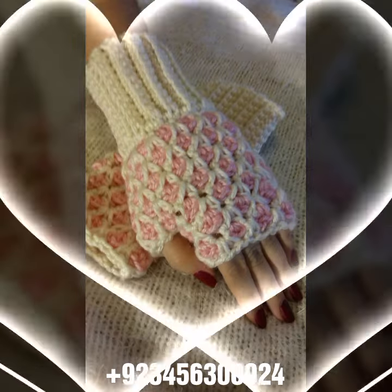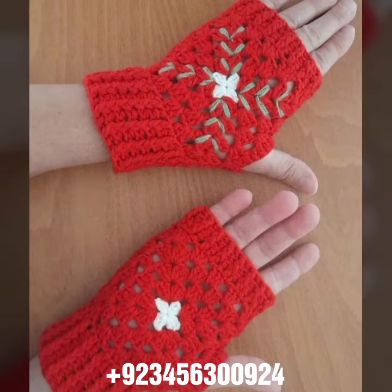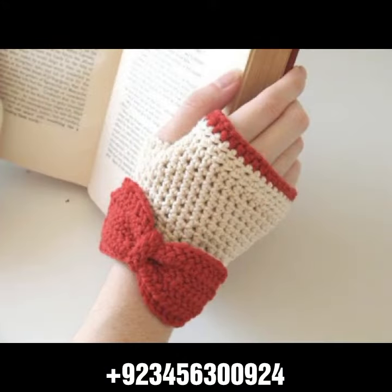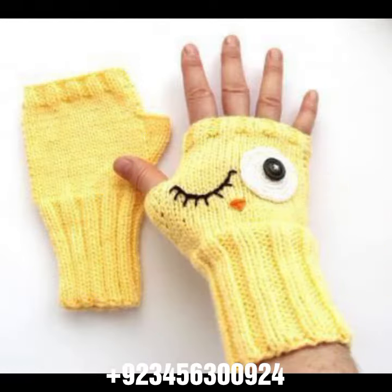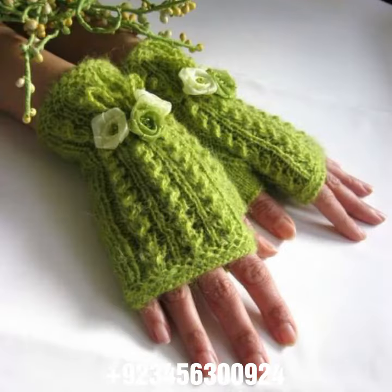We have designers, so you can order and get amazing crochet material like these crochet women's fingerless gloves and others, like crochet women's long gloves, short gloves, full sleeve, half sleeve, sleeveless, off shoulder dresses, long dresses, short dresses, bodycon dresses, skirts, poncho, capelet, cape shawl, women's cap designs, scarf, circular jacket designs, blouse designs, also cardigans, and crochet baby collection like crochet baby frock designs, crochet baby romper designs, crochet baby cap designs, sandal designs, boot designs,